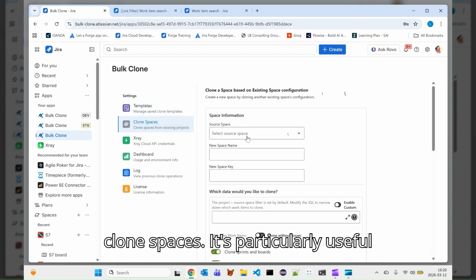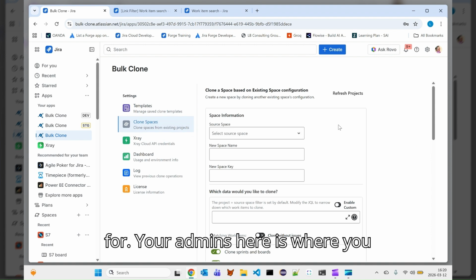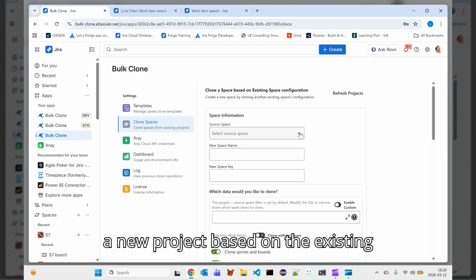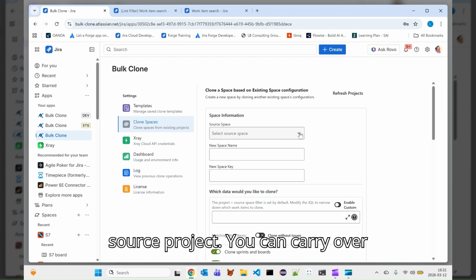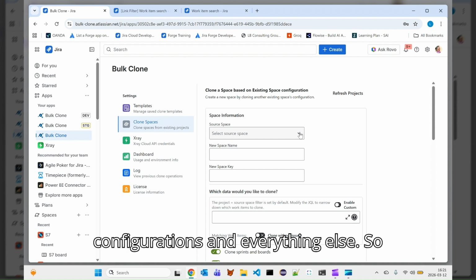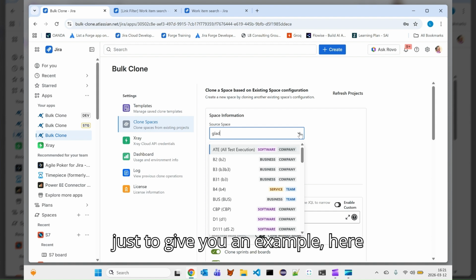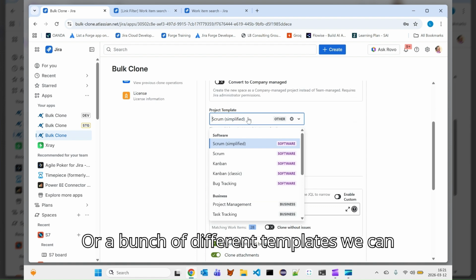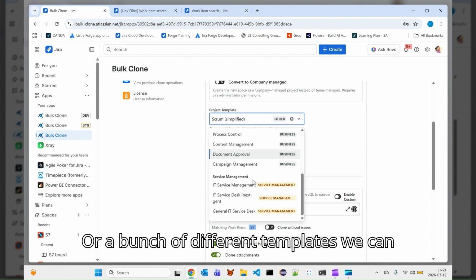Clone spaces is particularly useful for Jira admins. Here is where you can create a new clone, or a new space, or a new project based on an existing source project. You can carry over configurations and everything else. Just to give you an example here, we have a team-based project. There are a bunch of different templates we can carry over,